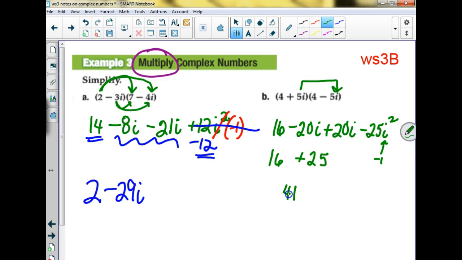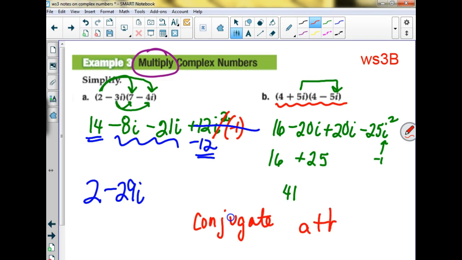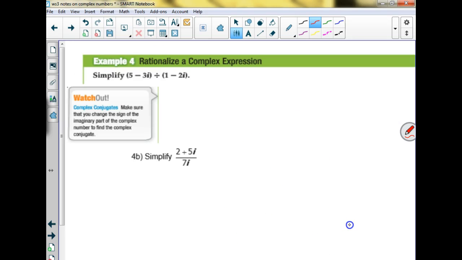All right, a very important thing we're going to need to practice more on Monday is that these got rid of the imaginary part, right? There was no imaginary after we simplified. That's because these are what are called conjugates. The conjugate of a plus bi is always a minus bi. You keep the real part the same sign and you change the sign on the imaginary part. So we use conjugates to